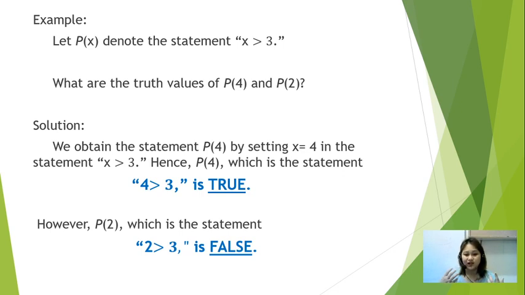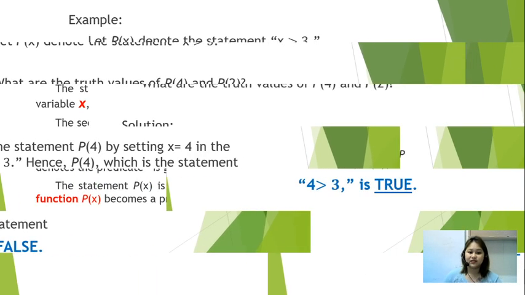So, just like what I've said a while ago, ang 4 po ay mas malaki sa 3, or 4 is greater than 3, kaya true ang answer, or the answer is true. But since the second one is P of 2, it says that 2 is greater than 3, which is wrong, so the answer is false. Okay? So, next, you have